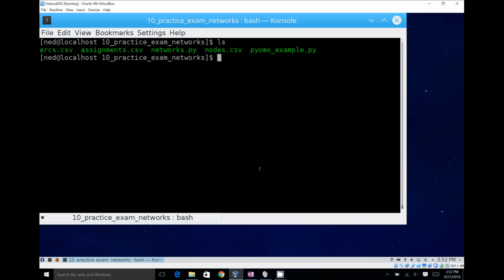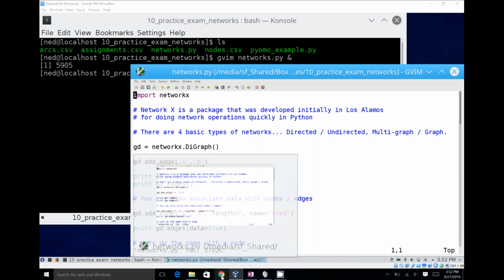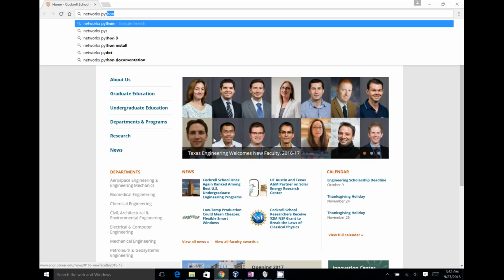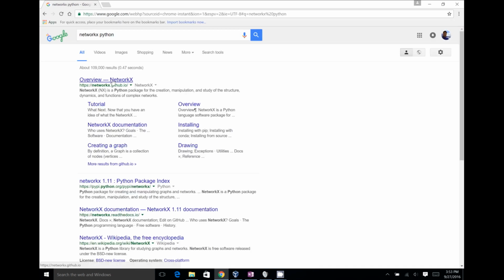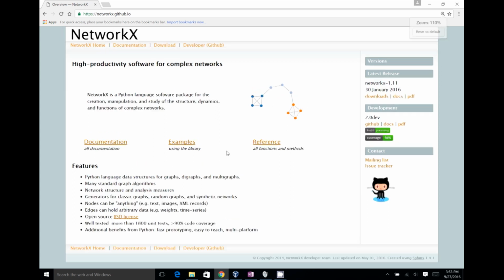And instead I want to talk about networks in Python. The primary module for doing networks in Python is called NetworkX. Let's look it up. The reason we're going to talk about networks in particular is because it's an incredibly useful concept in terms of data and problems. Lots and lots of problems can be expressed in terms of network problems,